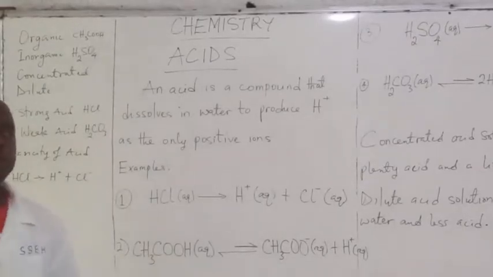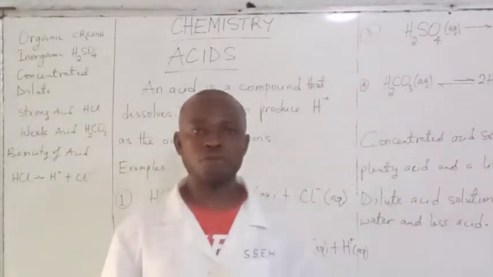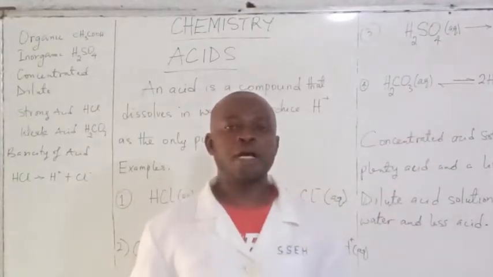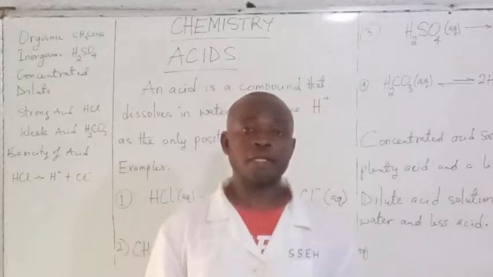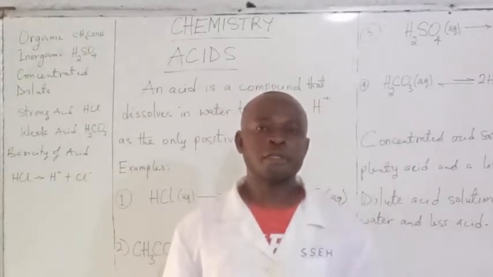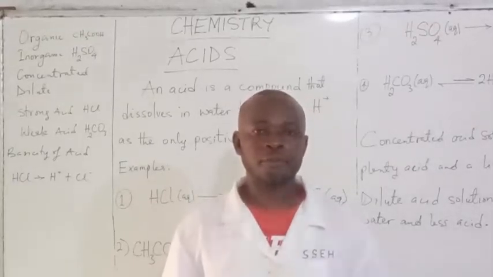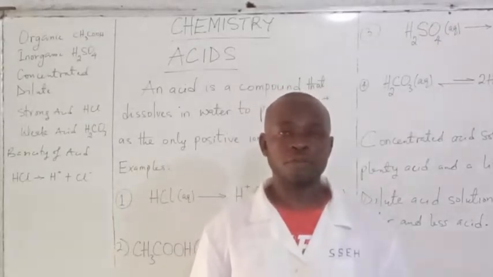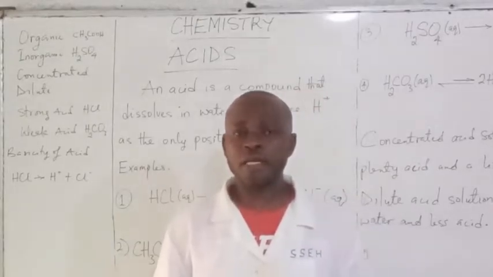Again, acids can be classified or grouped into organic acids and inorganic acids. What are organic acids? Organic acids are acids that are gotten from plants and animals. Acids that have plant and animal origin. Do you understand? An example of an organic acid is